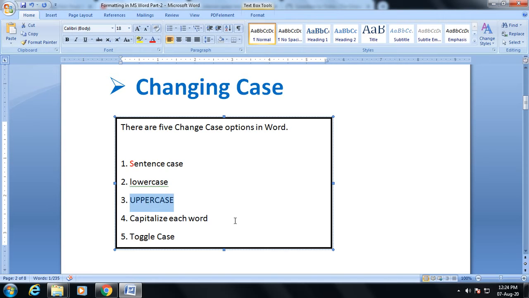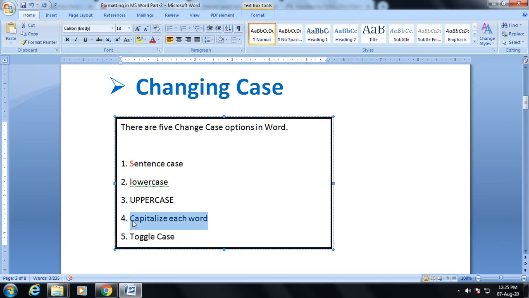Now the fourth option is capitalize each word. We can understand it from the name. When you select a particular text, the first letter of each word will be capital.